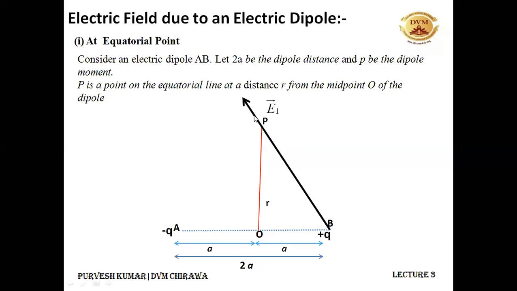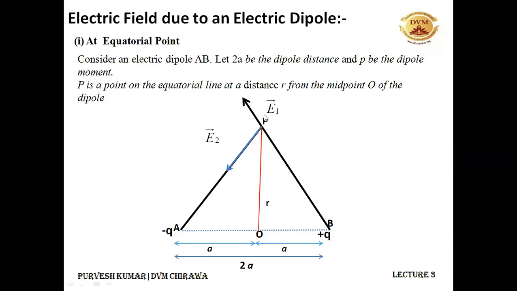And the electric field at point P, because of this negative charge, will be directed towards this negative charge, because the electric field has always been directed towards the negative charge. So you can see it. So this is the electric field. E2 is the electric field because of this negative charge placed at A, at point P.